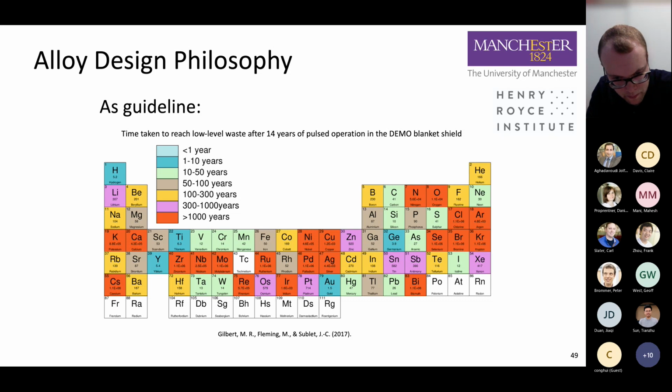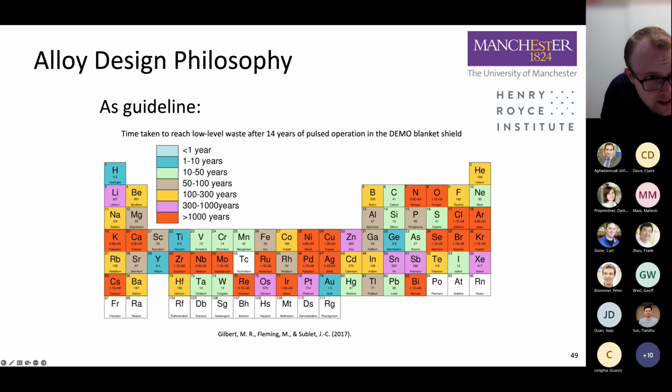This is developed by Mark Gilbert and co-workers at UKAEA. Essentially it tells us the number of years it takes for an element's radioactivity to decay to low-level waste after it has seen a fusion plasma. For 14 years, okay, that's a decent amount of time exposed to a fusion plasma. And we see that some elements that are usually quite good for high-strength applications, like nickel, for instance, are just not going to cut it because